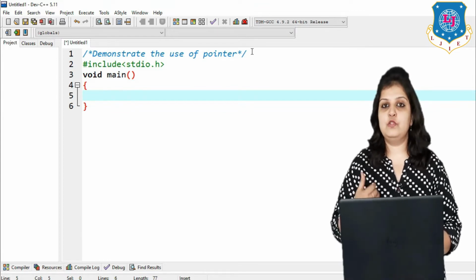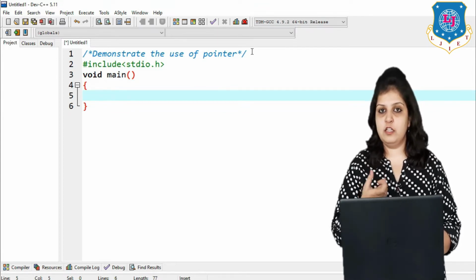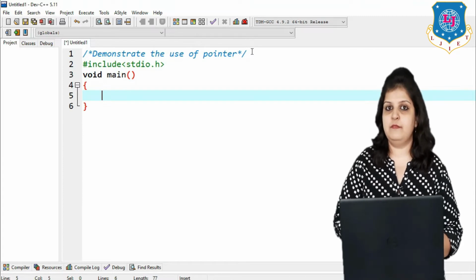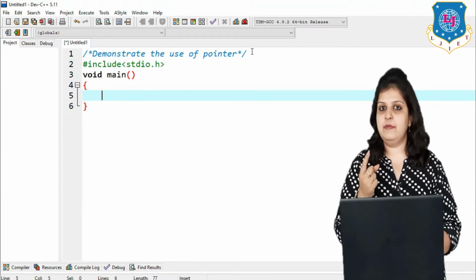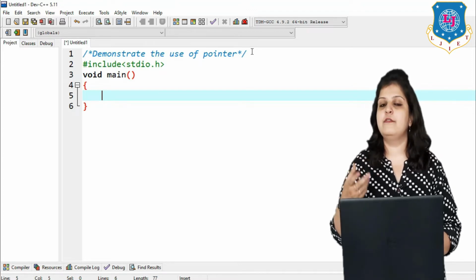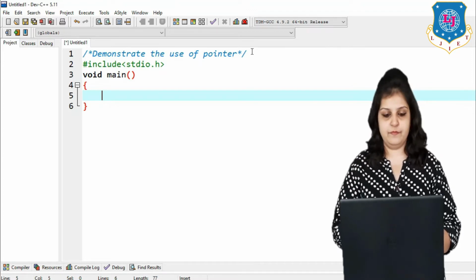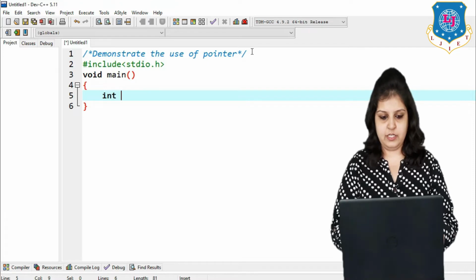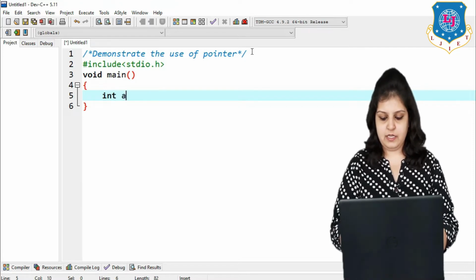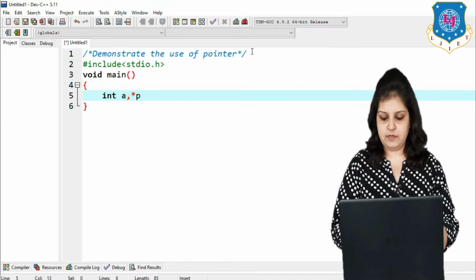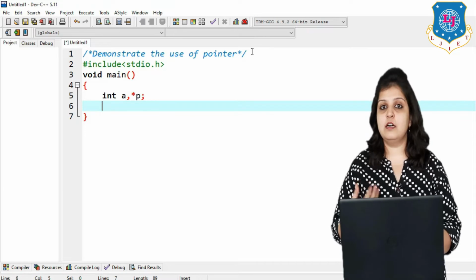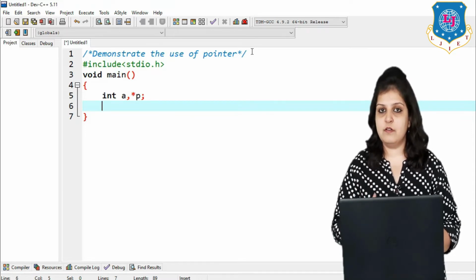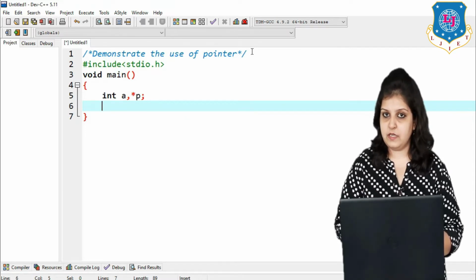Now if I want to store the address of another variable into my pointer variable, then we have to declare two different variables. The first variable is a simple variable and the other variable is our pointer variable. So I am writing int a and one pointer, that is p. How can we assign the address of a variable to our pointer variable?